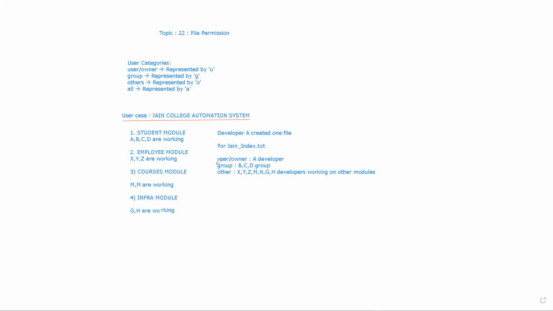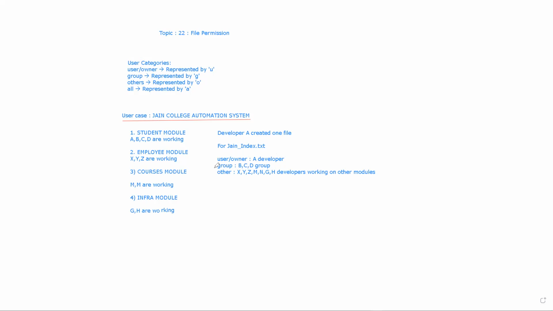But when we talk about permissions, there is another terminology. The user is considered an owner when he created that file, or he actually owns the ownership of that file. Then that particular user is known as the owner of that file.